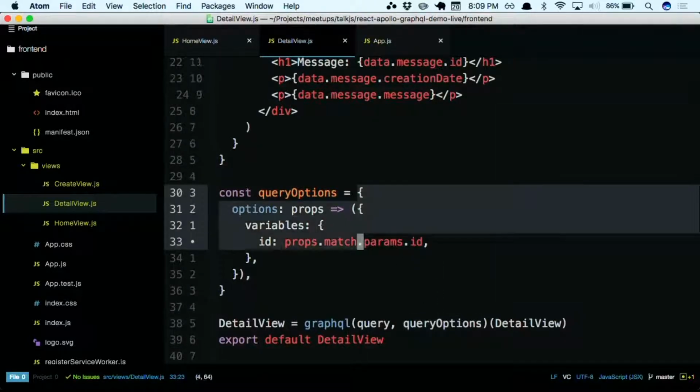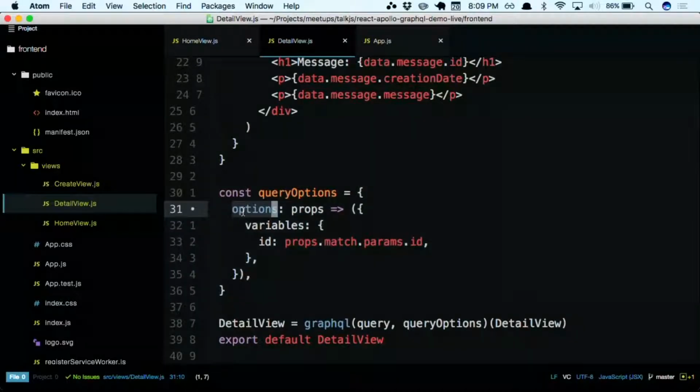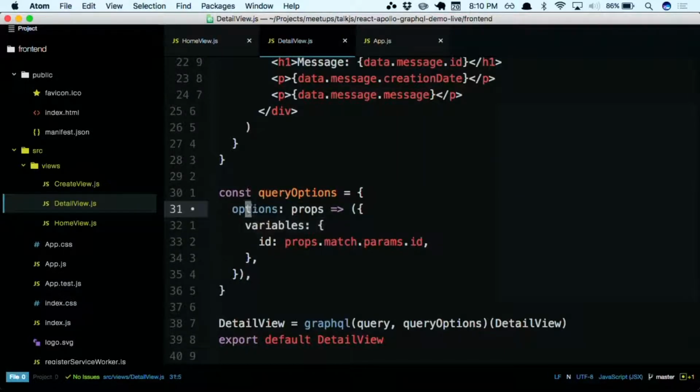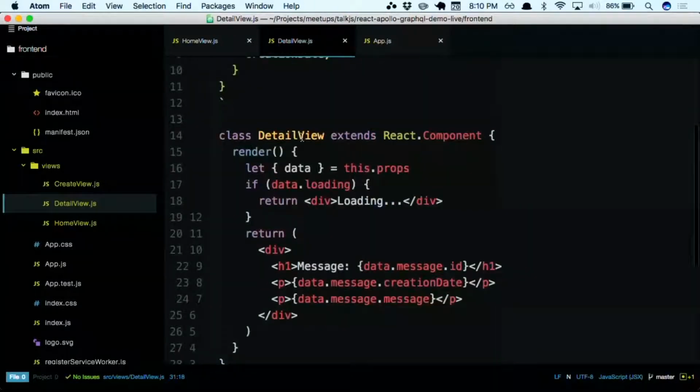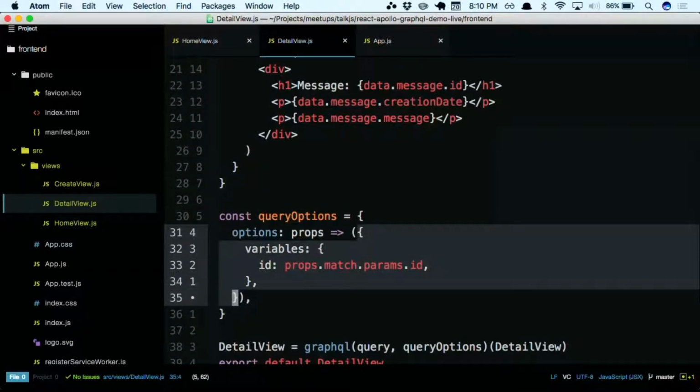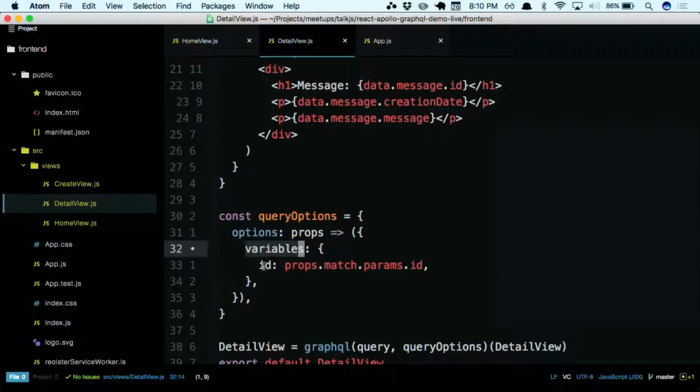So how does this extra options object look like? It's a JavaScript object, and it has a key options. And this can be an anonymous function. So this syntax here might confuse a few people. This basically means options isn't just a string or whatever. This is actually an anonymous function, and the first parameter of that function is the properties of my component. Okay, and so this function returns another JavaScript object where the first key is variables, and then I have one variable called ID, and I'm now using